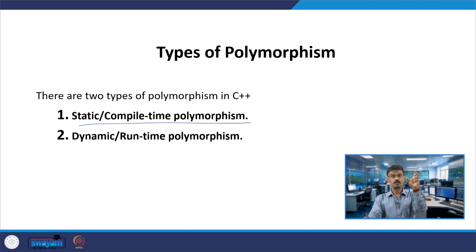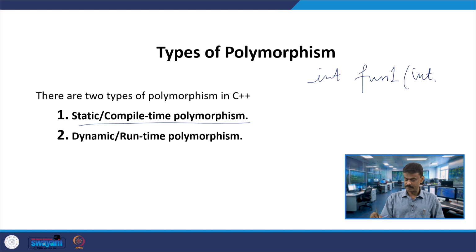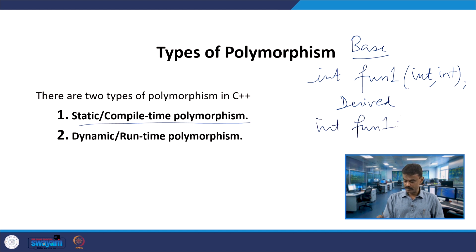Whereas when we talk about inheritance, the base class has a function name, let us assume int fun1 with integer comma integer passed. This is in the base class, and the derived class also has the same name, int fun1 int comma int.